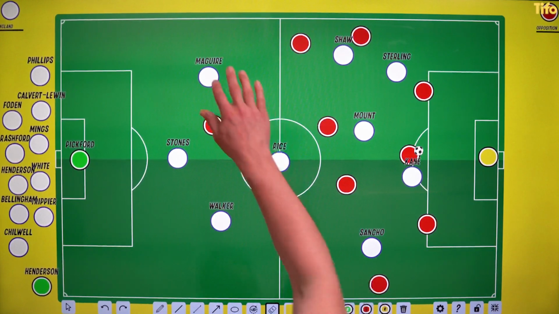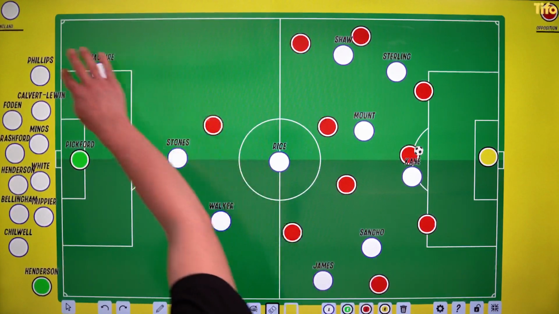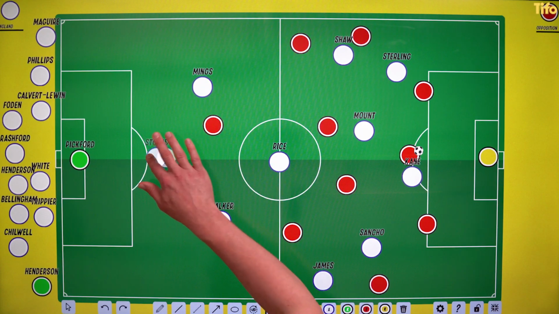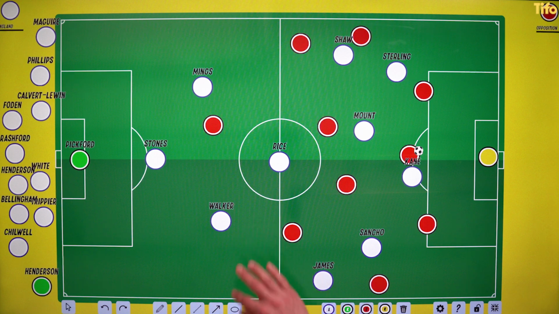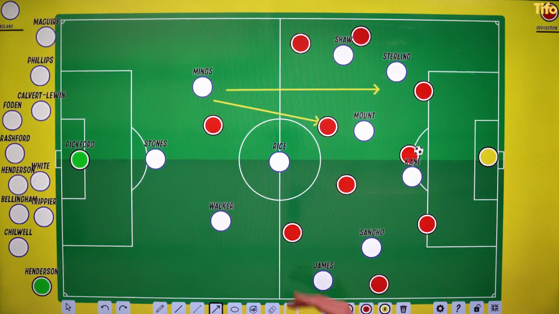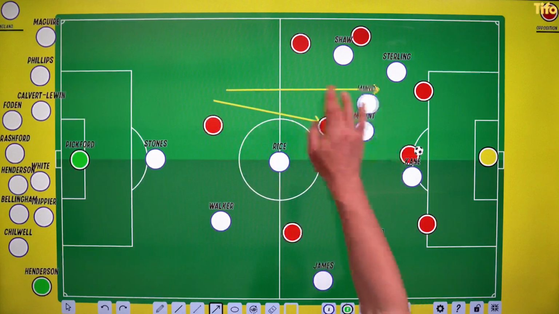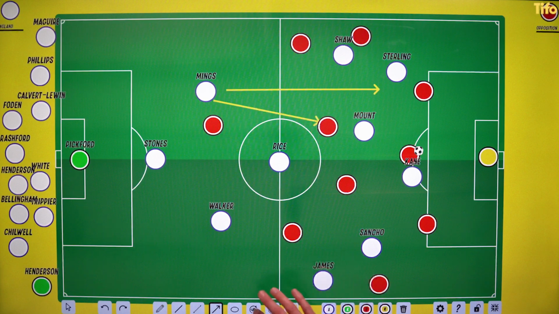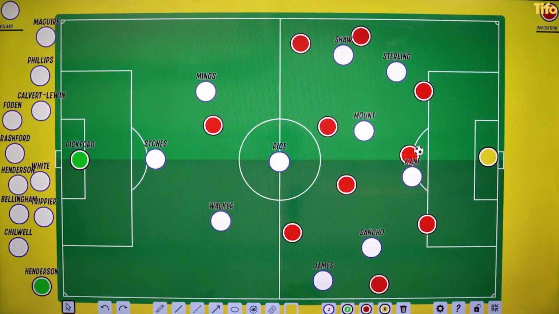It's also possibly, if Maguire doesn't recover in time from injury, which I think would be really, really harmful for England, and Carl Anka did a good piece on The Athletic about this. Let's assume that we have Tyrone Mings in here. Tyrone Mings is a decent player and has a good range of passing, but he doesn't have Maguire's ability to carry the ball forwards. And what that means is that England will start their attacks from further back on the pitch. They won't have the ability to carry the ball forwards.